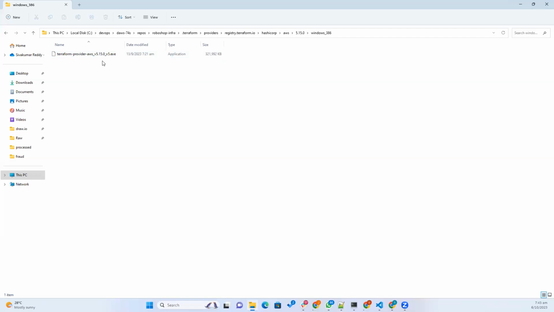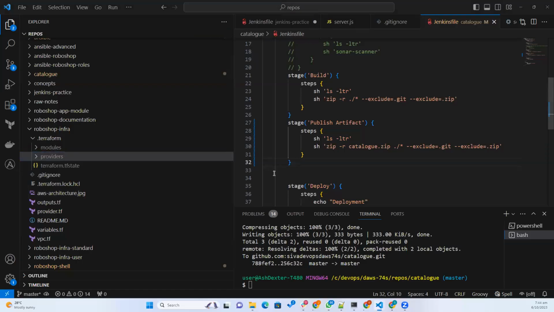Windows, and this is the final file. Okay, so they are including the combinations like registry.terraform.io, hashicorp, and then inside that AWS and this version, and this is the Windows version. So now what will happen here for our software is